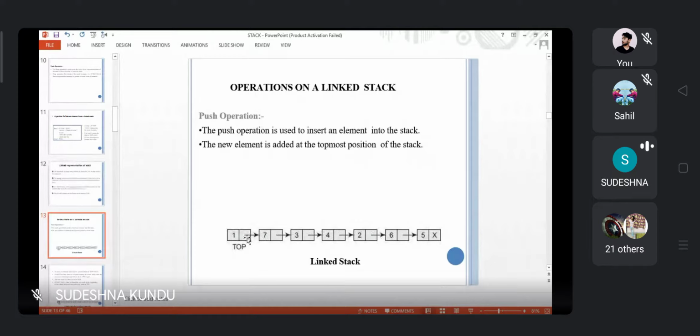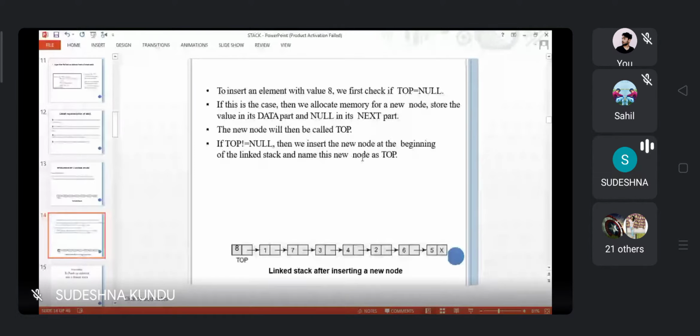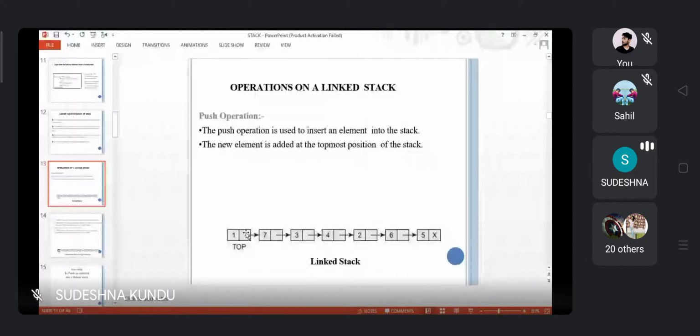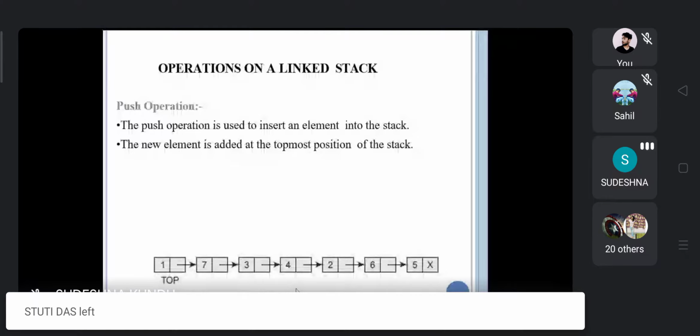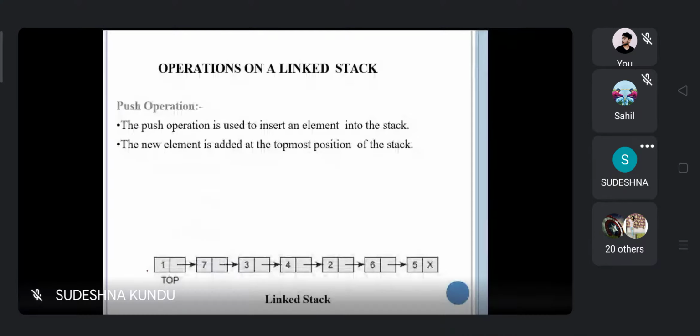Next part. The new node will then be called as top. If top equal to null, then we insert the node as top. So initially the top is pointing to the element 1.